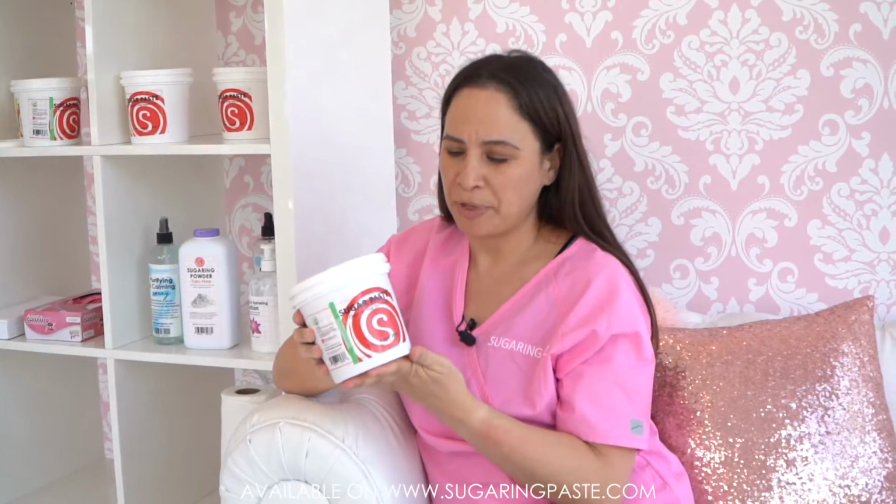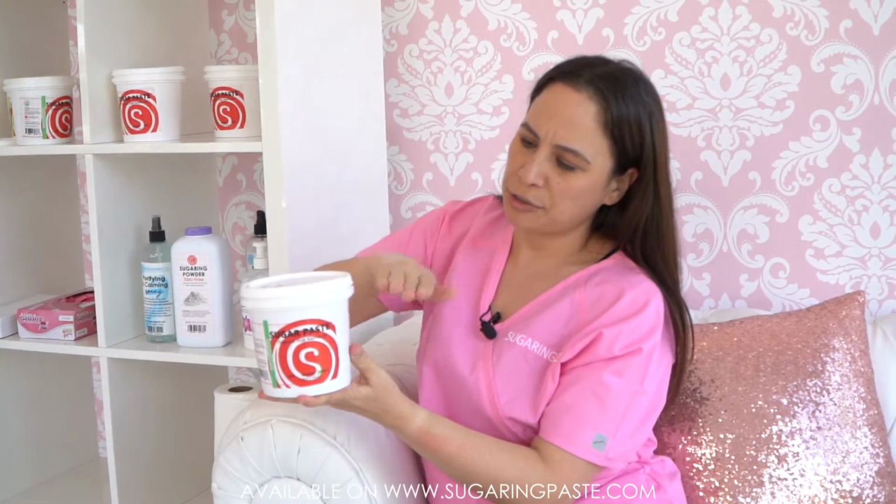Another method would be to get a bowl of warm water, nothing boiling, but definitely warm. You submerge the jar to about here. You do not want to get water inside the jar. Let it sit for about 5 to 6 minutes. Test the sugar. If it's ready to go, you're good to go. If not, you want to drain some water out and put new hot water in